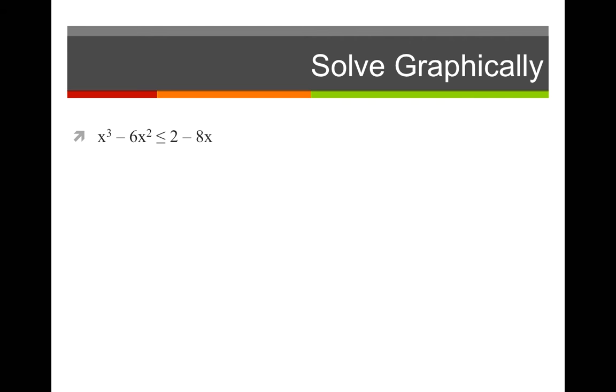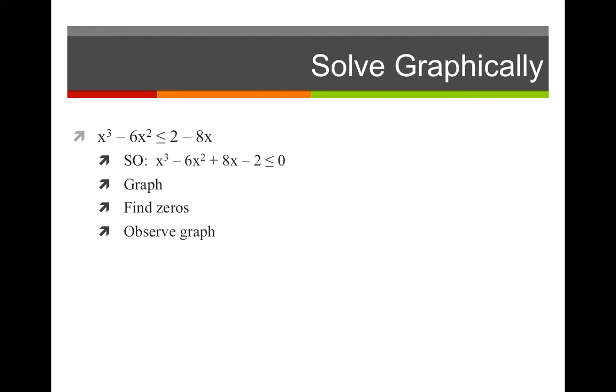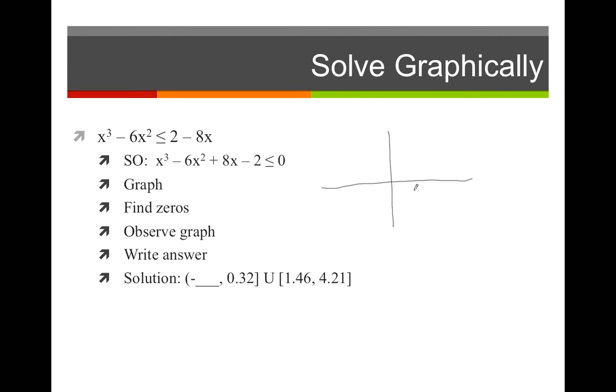All right, x cubed minus 6x squared is less than or equal to 2 minus 8x. We could solve this one graphically just exactly as it looks, but I like to get everything to one side and set it less than or equal to 0. If you were to graph this function, now let's say you couldn't factor it, and find the zeros and observe the graph as we've been mentioning, obviously you're going to write your answer. You would notice that the zeros of the polynomial, now this is a cubic polynomial, and it looks like